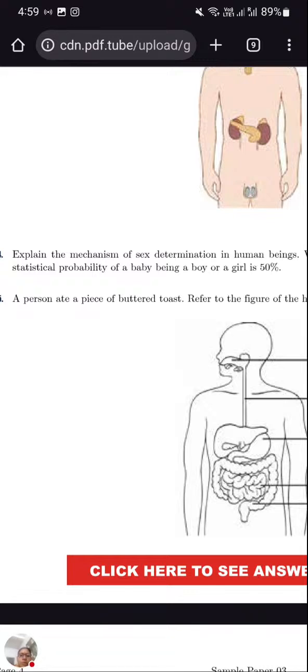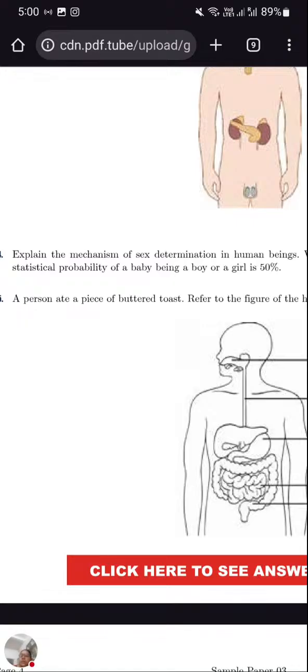So we are going to start with the mechanism through which the sex of the baby is determined, which is called sex determination. The human body consists of 46 chromosomes, out of which there are 22 pairs of autosomes and one pair of sex chromosomes. A human male contains one X and one Y, that is 50% X chromosome and 50% Y chromosome, whereas the female contains X and X type of chromosomes. So there both are X.